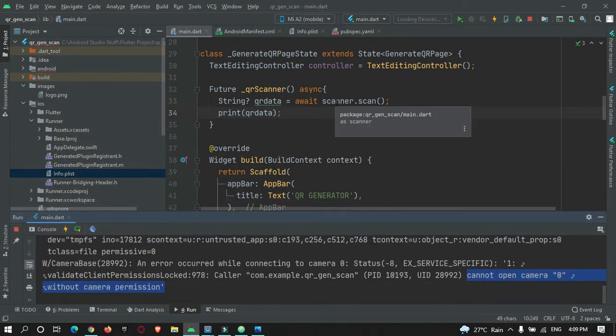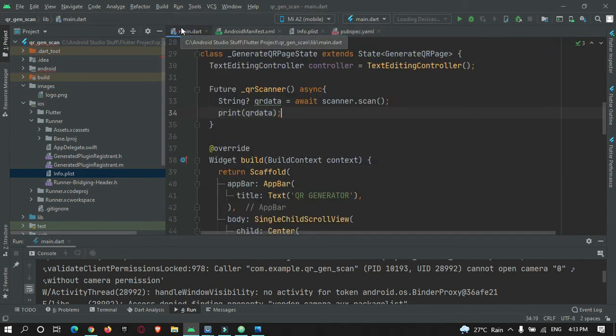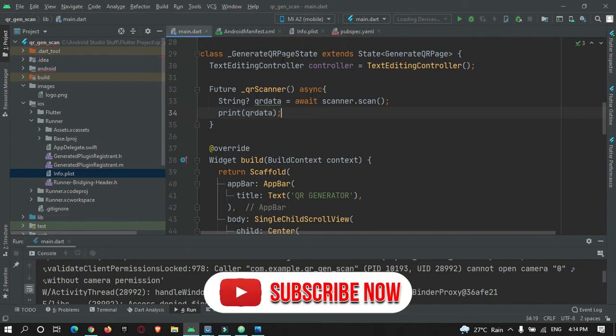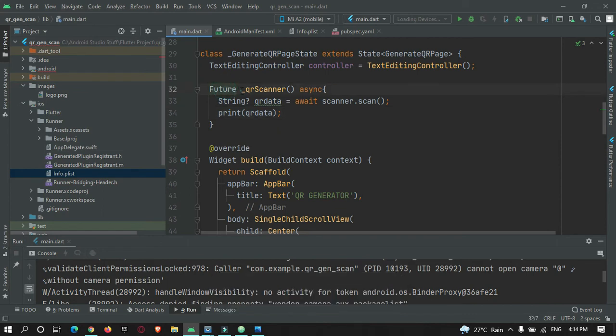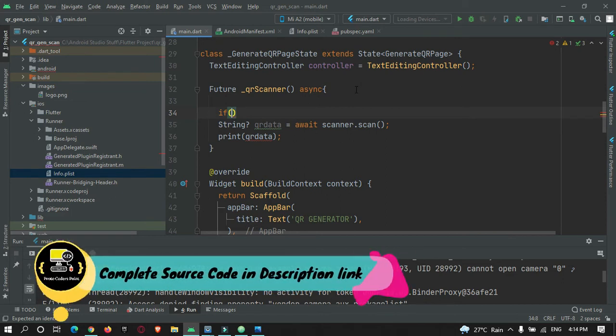We have added a dependency, permission handler, so that we can ask the user to give permission to use the camera. When the button is pressed, we are calling this qrScanner. Inside here, we will check if camera permission is on.